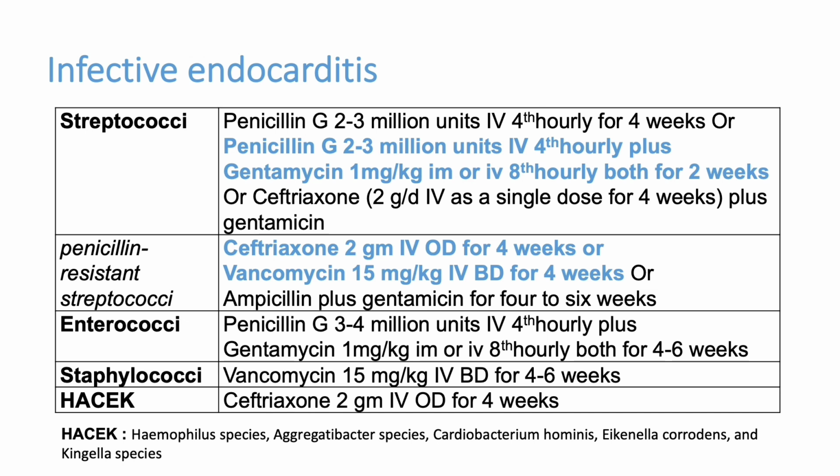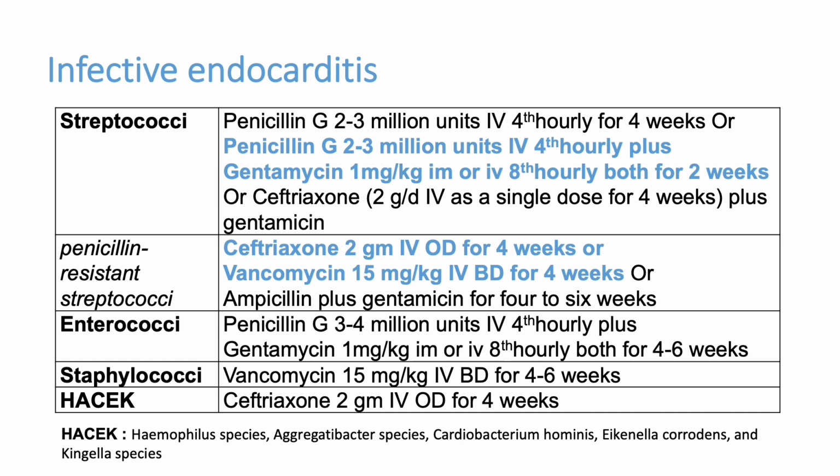Now, the next common infection in the emergency room is infective endocarditis. The patient comes with high degree fever, chills, rigors, no focus, cardiac murmurs. We can suspect infective endocarditis. They require an echocardiogram to diagnose the lesion in the heart, or sometimes a transesophageal echo may also be required. So after taking cultures, multiple cultures from different sites, we can start antibiotics. The most commonly used drugs in suspected infective endocarditis is, this is empirical treatment. This is not treatment after getting the culture.